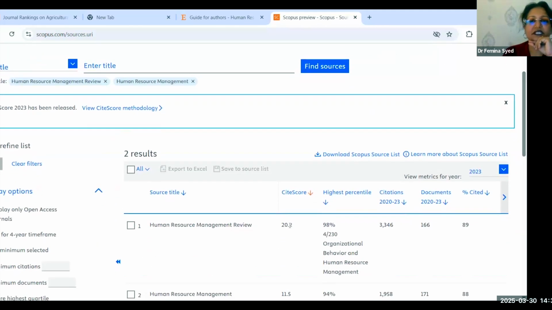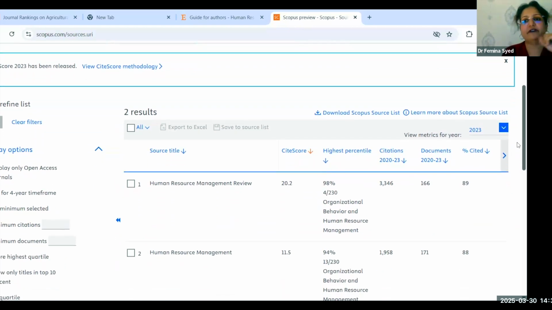Yes. So here citation score is 20.2. See, Human Resource Management's citation score is less. It's only 11.5. Now, how do you get the citation score? The total number of citations divided by the number of documents. So that is the cite score of that particular journal.